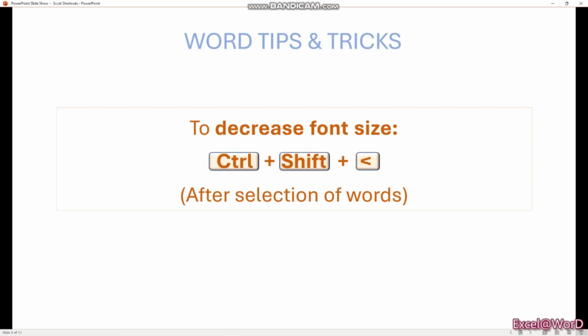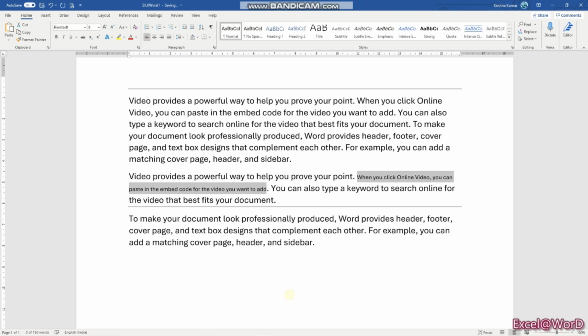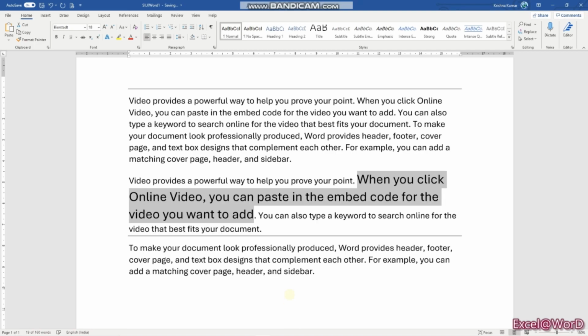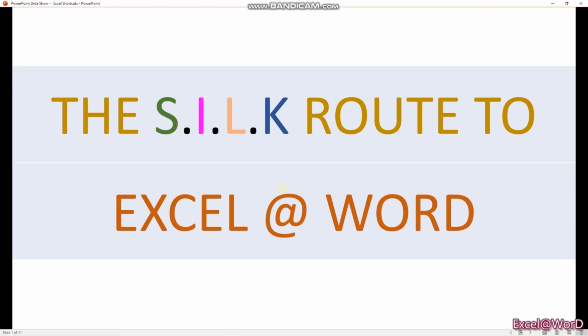Decrease font size: Control Shift and the left arrow key, that is, Control Shift and the less than key which is above the comma. You can decrease the font. To increase the font, the opposite: Control Shift and the greater than key. Left decreases, right increases. So friends, this is just a glimpse of the shortcuts we have in Word to speed up your document writing,